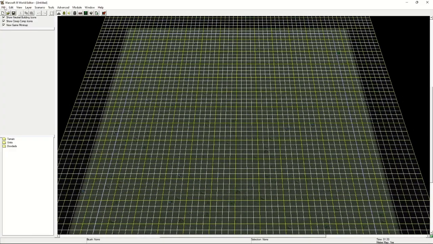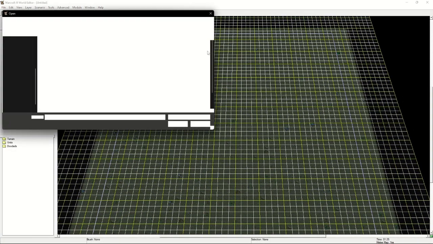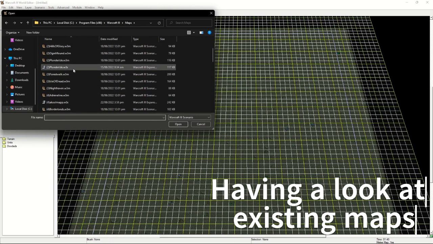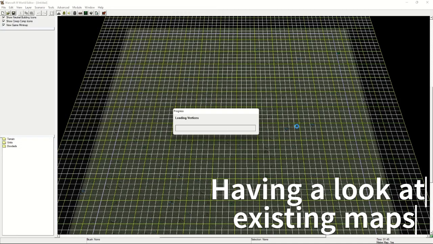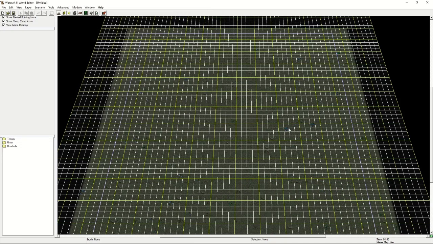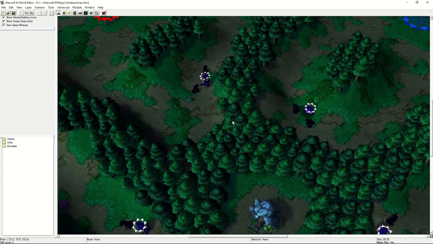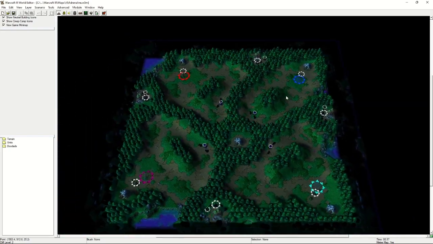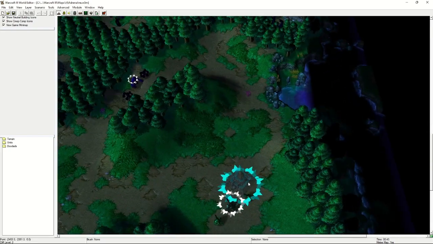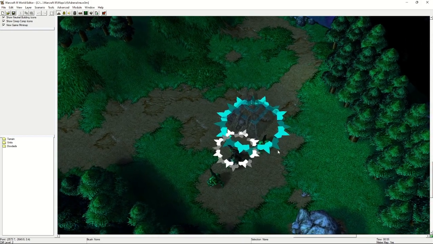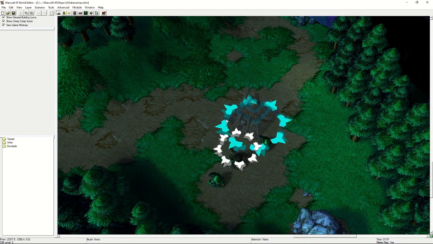Now, I highly recommend just opening up a pre-existing map. Like, let's just go with Adrenaline. If we open up Adrenaline, it might take longer on older systems, but this just allows you to see what the map looks like. Now, you'll see these weird, spinny things, right? And so, this one right here,